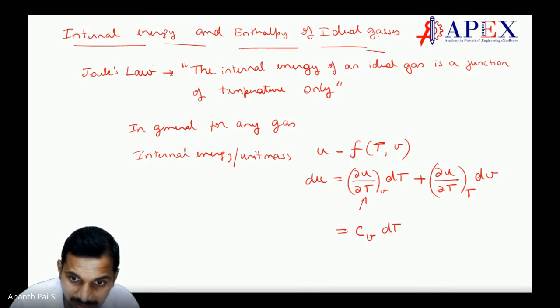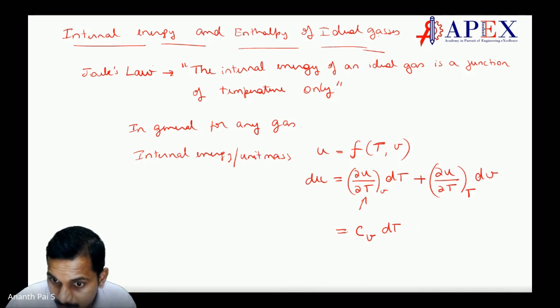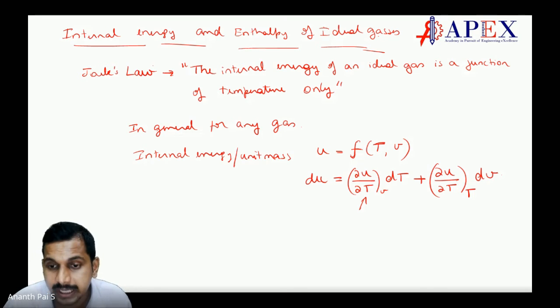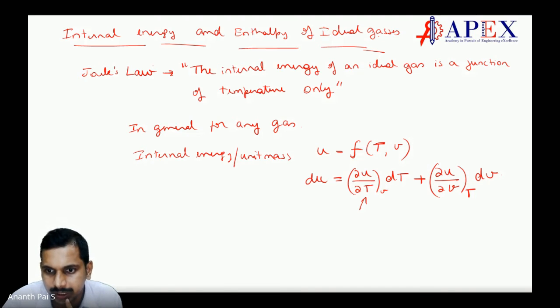So we can write this as Cv plus, wait a minute, students. Here, one of the things is that we see dou u by dou V. I'm sorry, students, this is dou u by dou V. Correct this, students. Dou u by dou T into dT at constant V, plus dou u by dou V at constant temperature into